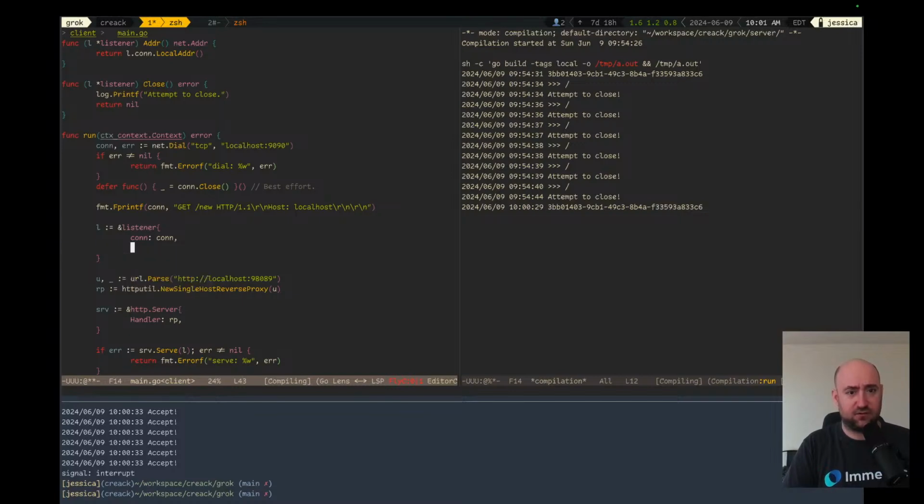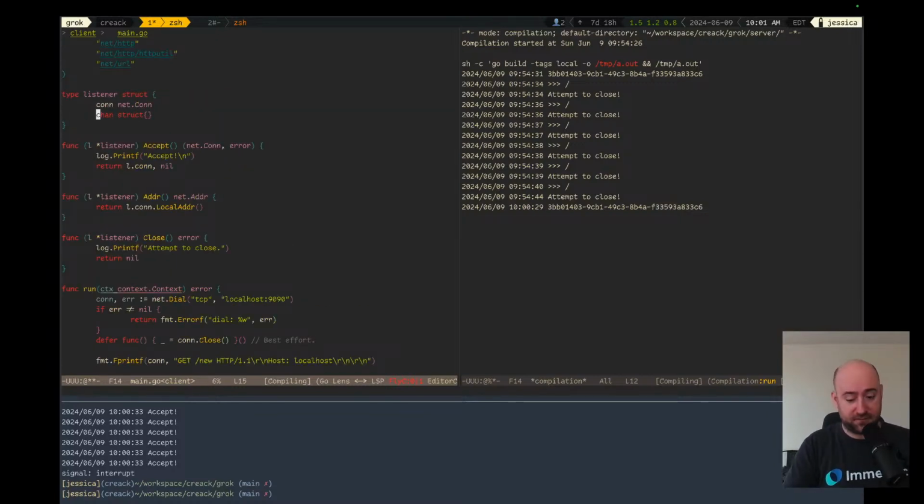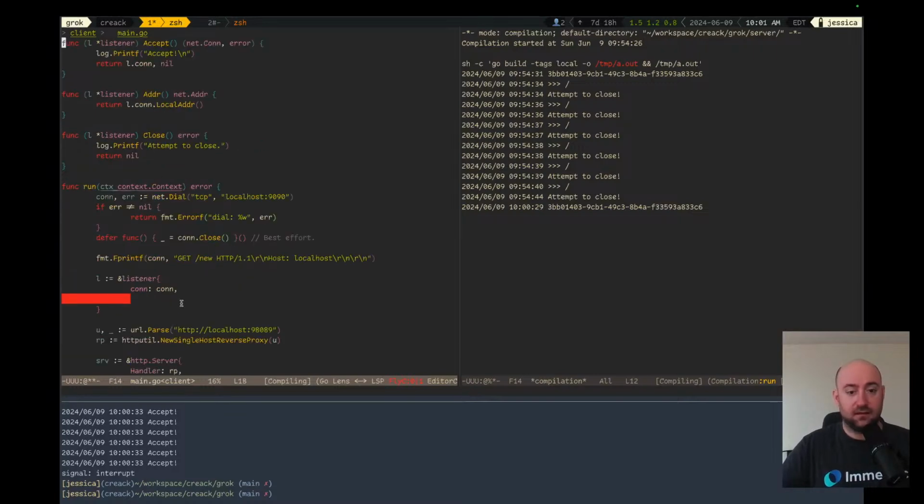Why is the compression not working? Because I forgot to give it a name. Yep. All right. That is what we have, and we want to make it a buffer channel with the size of